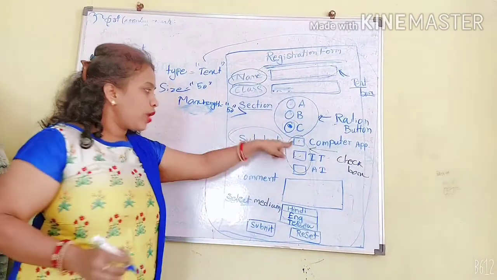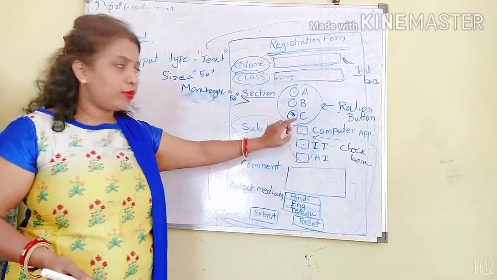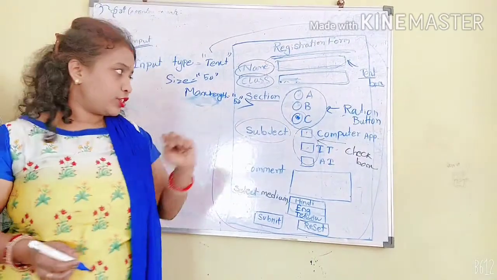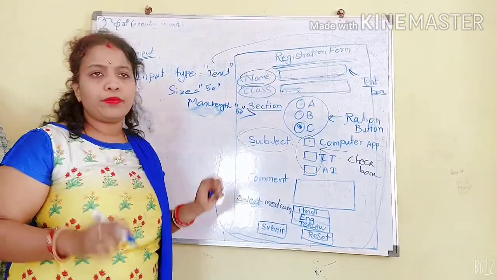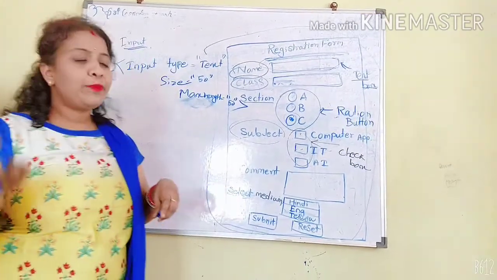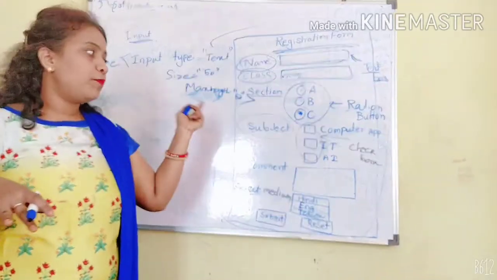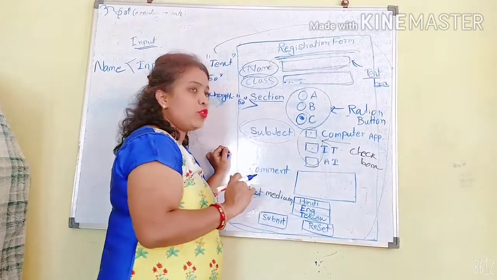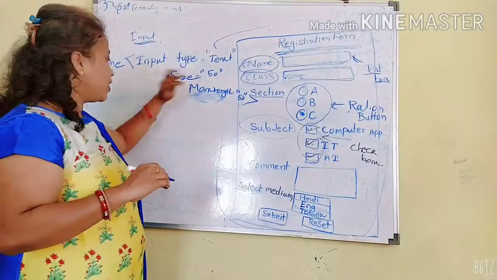Understand? These square boxes are called check boxes. They are the same as a radio button, but the difference is that radio buttons are used for single selections. That means whenever you select one option, the others are not working. Clear? But here in the check box we can select multiple options at a time. That means the check box gives priority to the user to select more than one option at a time. You can select all the options at a time. Okay, but the rest of the things are the same.